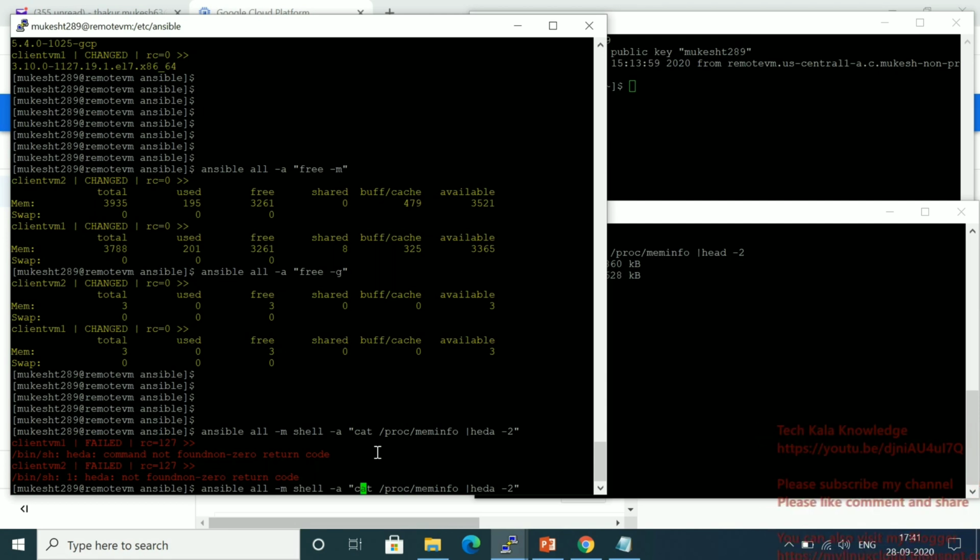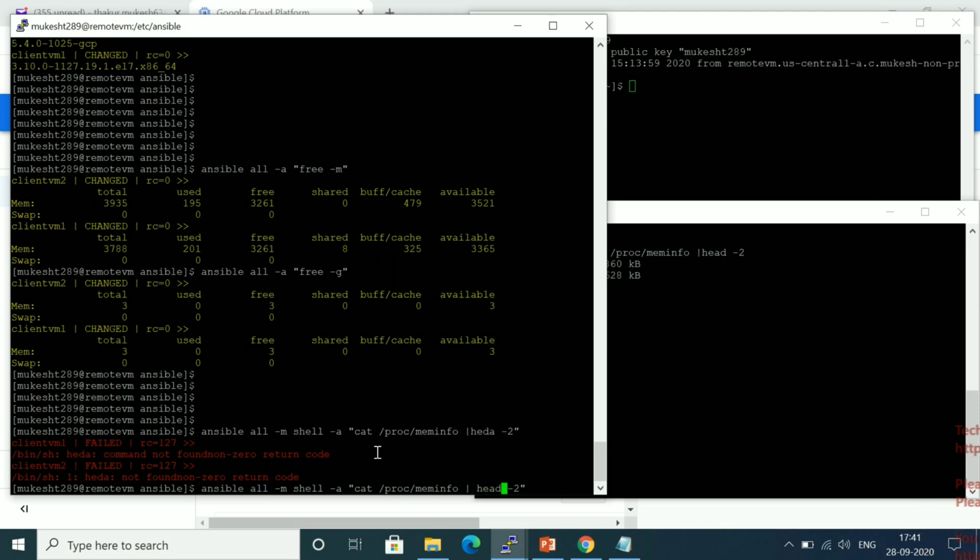So Ansible all -m shell -a argument. That's fine. Then cat /proc/meminfo. Then you can see here is the wrong command.